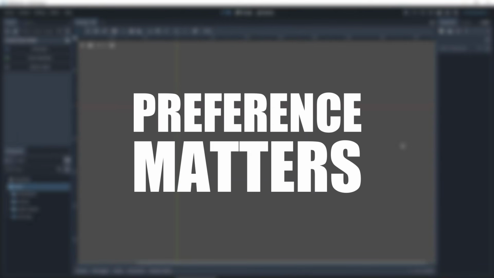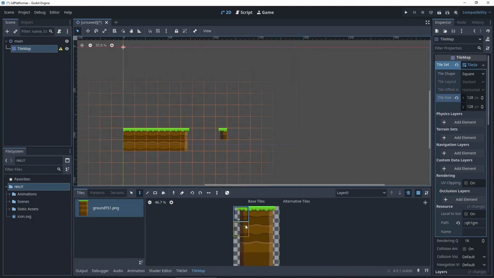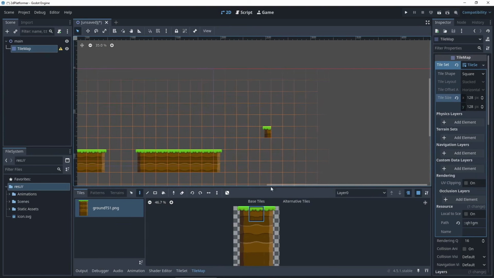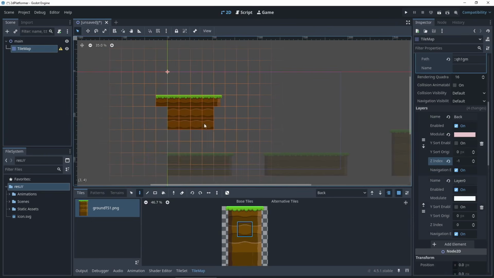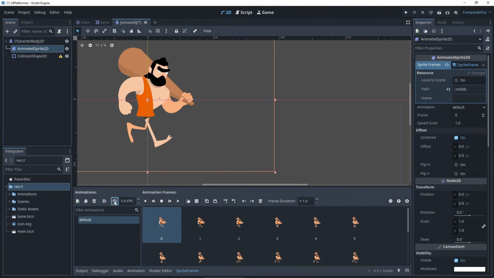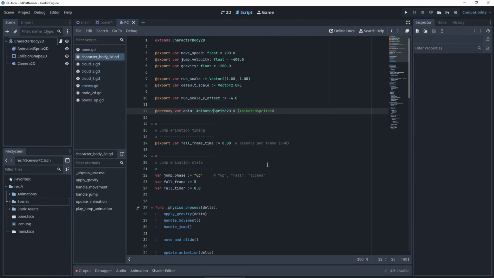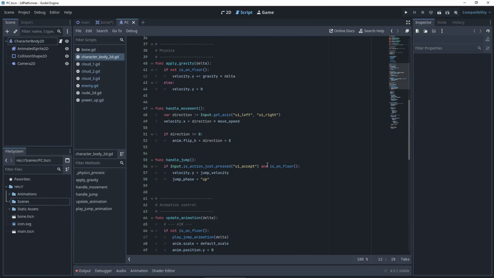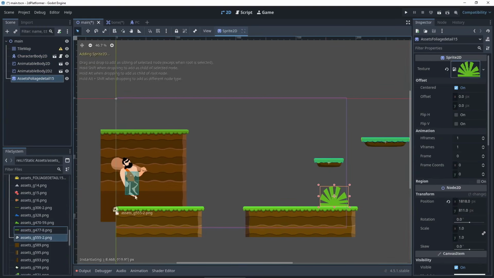Number 4. When the time to work professionally comes, preference matters more than you think. At the end of the day, software doesn't make the artist. If a program is stable enough and capable enough to support your workflow, nobody's forcing you to switch just because something else is technically superior. A lot of indie developers, who don't have to stick to the standards set by a company, often stick with open source tools simply because those are the tools they learned on. They know them and they're comfortable with them. So why waste time learning something new?